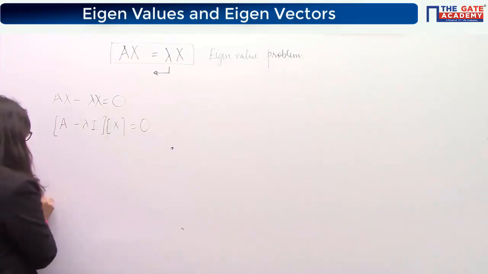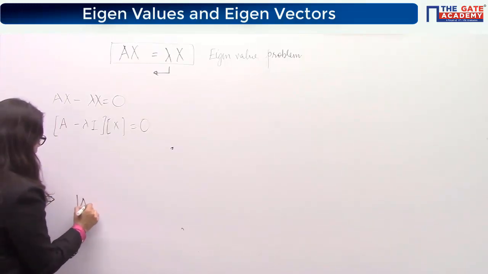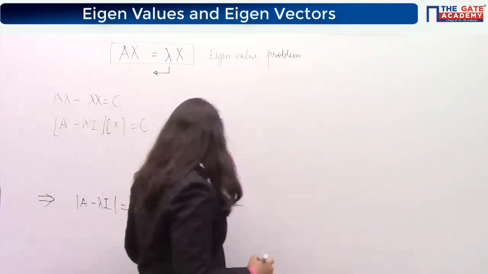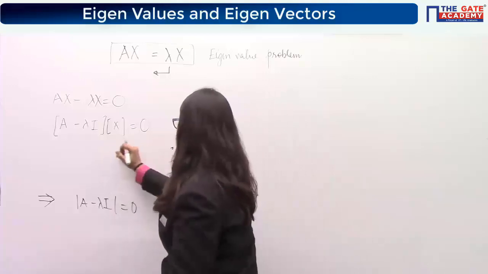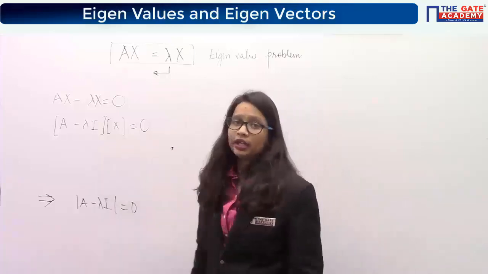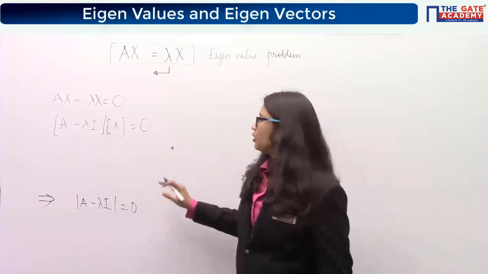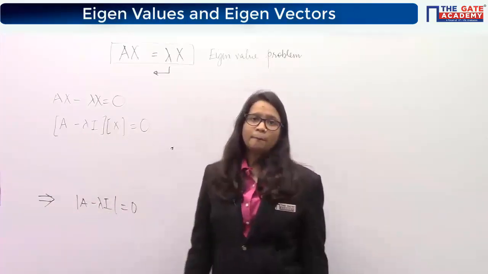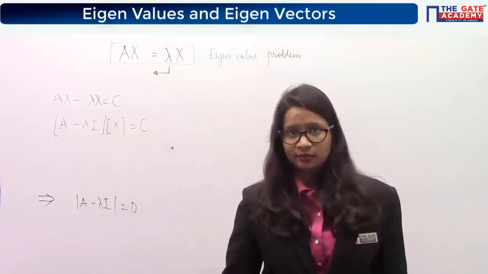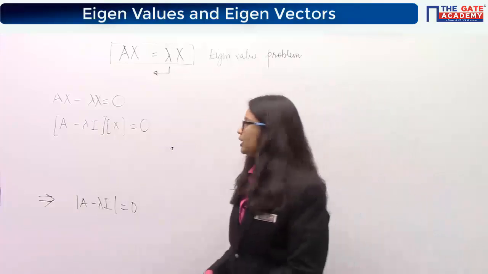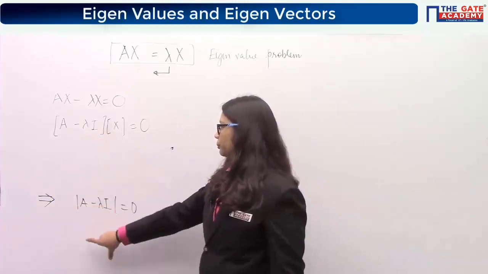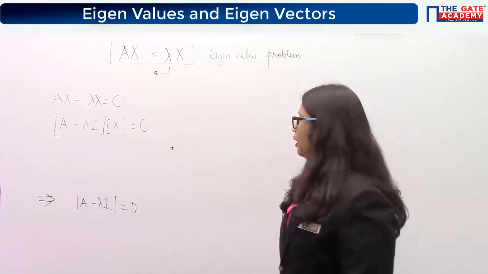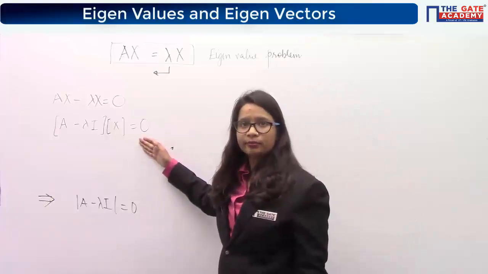Okay? Now in books, after this step, you find this step. You must have studied this topic at your BTech level also. In all the books, you must have seen that after this step they write like this, but they do not give you the reason. Why so? Can you tell me the reason for going from this step to this step? Yes, obviously to find the values of lambda, but what I'm saying is, this is a mathematical equation.